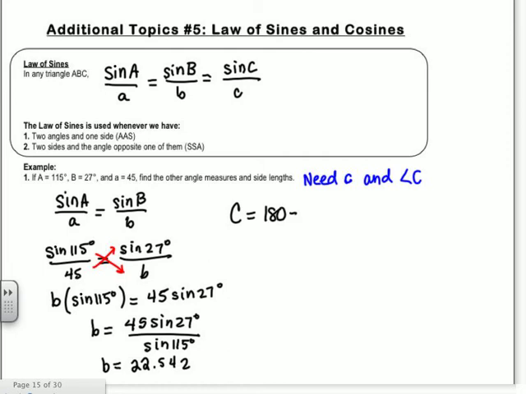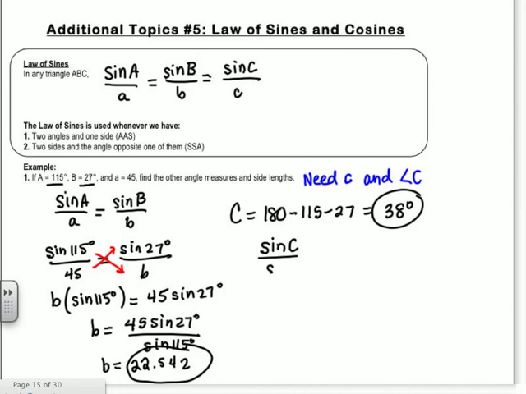So capital C is going to be whatever 180 is, minus the 115, minus the 27. Okay, so when I do that, I got 38 degrees. So I have little b, capital C, I need little c. So now the last thing you need to do is set up another law of sines equation. So we're going to do sine of capital C all over little c. I always write sine there. Little c